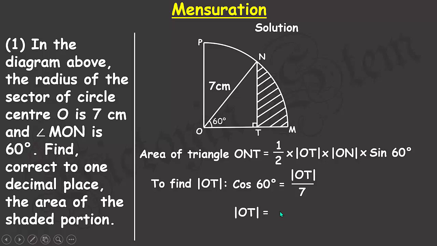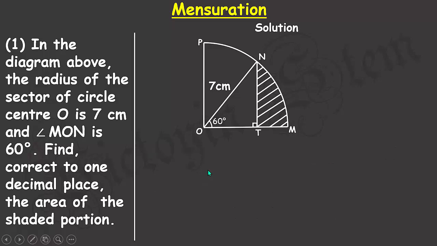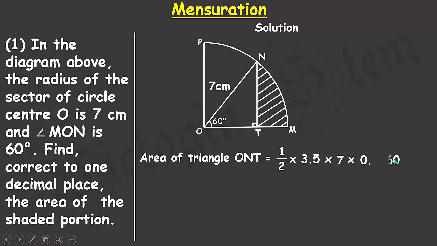So I can use the cosine of 60 degrees equals adjacent OT divided by hypotenuse 7. So OT will be the product of 7 and cos 60 degrees. Cos 60 degrees is 1 over 2 or 0.5. So 7 divided by 2 is 3.5 centimeters. Now that I have OT, I can find the area of the triangle. So area of triangle ONT will now be 1 over 2 multiplied by OT, 3.5, multiplied by ON, which is 7 centimeters, multiplied by sine 60 degrees,